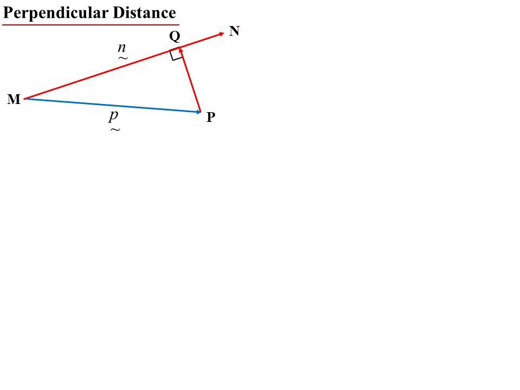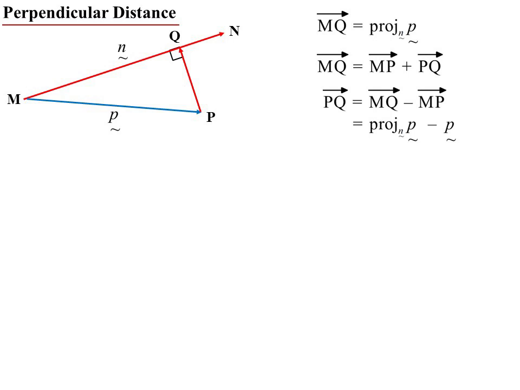If I wanted to find the perpendicular distance of the point to the line, well then essentially if I draw up this right angle triangle, it's like I'm saying I'm going to project the point P onto that vector. It's the side PQ that I want to find the distance of. Now I know MQ is that projection, so that projection of P onto N. MQ, I could rewrite it another way because I could have gone MP plus PQ. And if I rearrange that and make PQ the subject, now it's the magnitude of PQ that I want. So essentially, the distance we're looking for is the projection of P onto N minus P, but the magnitude of